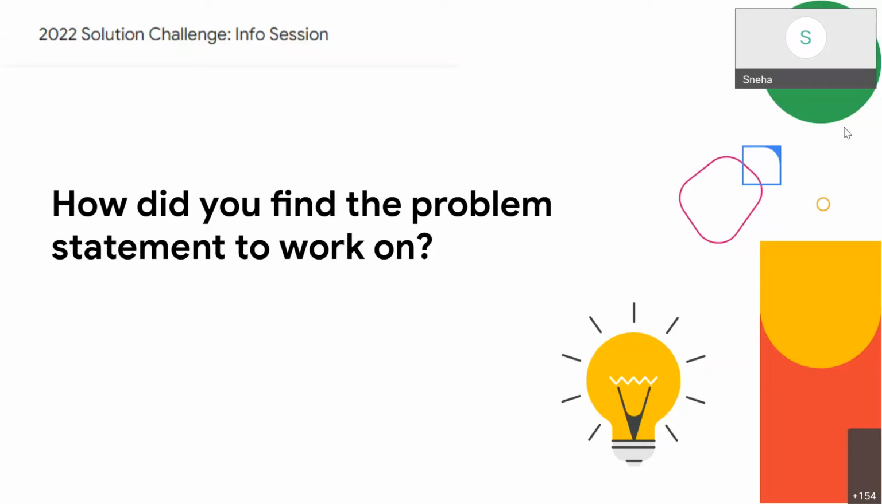Apart from that, participating in the solution challenge does add to your resume. So all the people who are present here, this is one of the major plus points: if not anything, do it for the resume, do it for making a project that you can call your own, and that you can explain and show off to other people. Now, coming back to the next question that we have for you, Sneha ma'am: